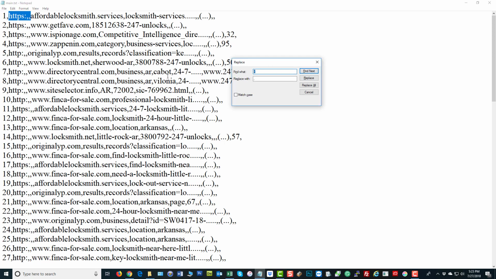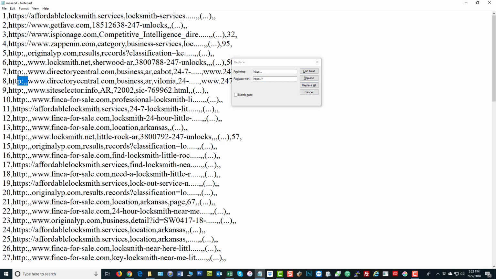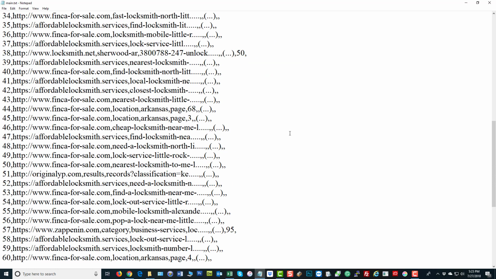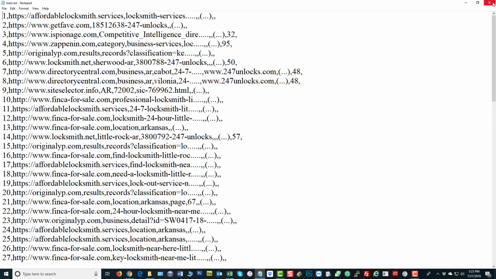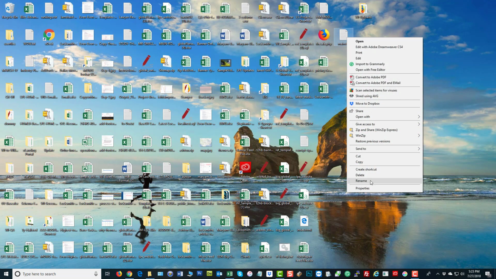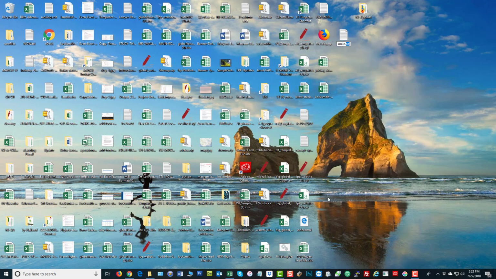Control C. Just replace them back. And then also for the HTTP, right? I got the HTTPS, but I also need the HTTP. There we go. Now, why did I do that? You'll see. I'm going to save it. And it's comma separated values now, CSV. So if I open it,